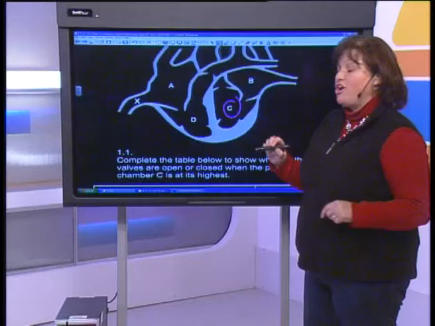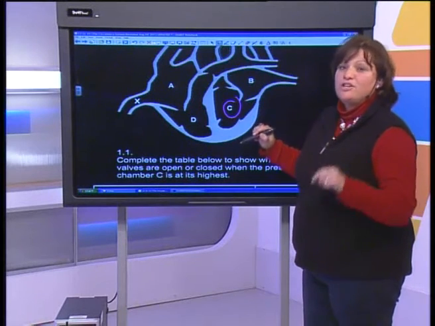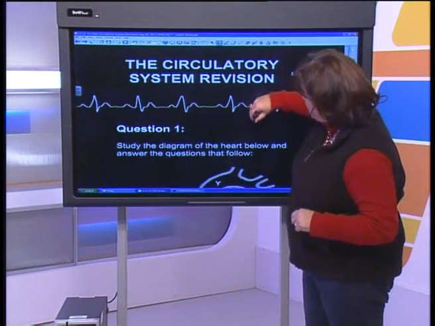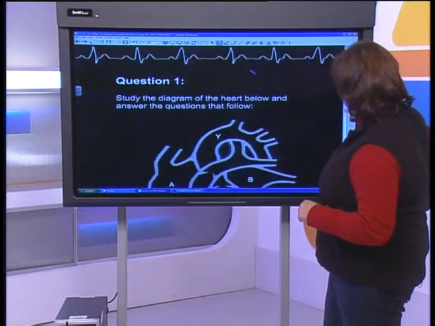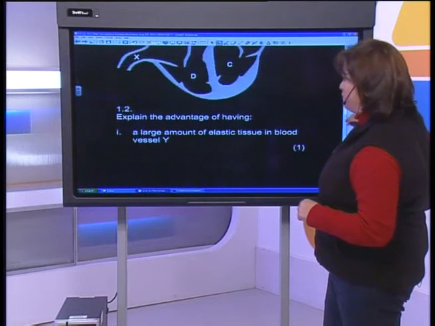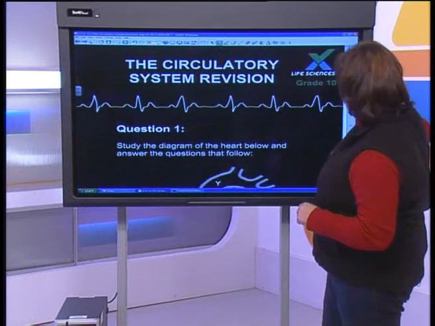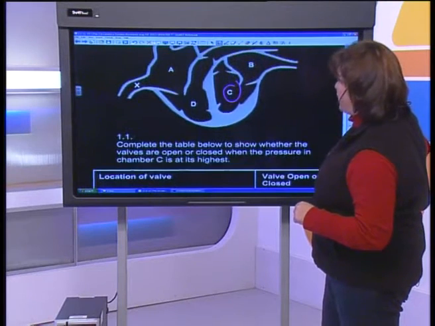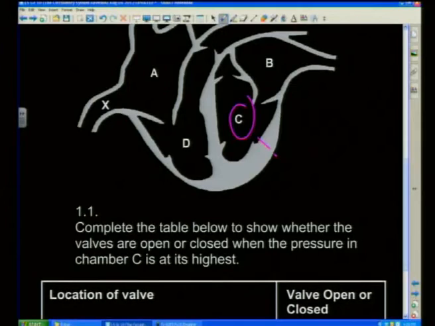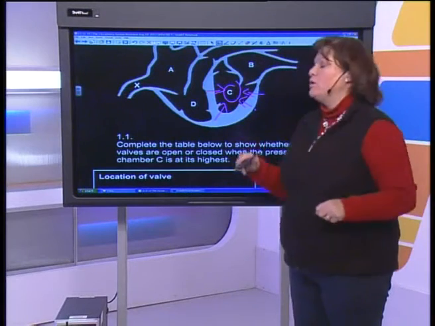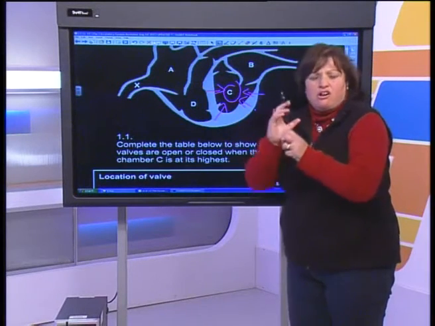It is on the left-hand side, so we know that if it's under pressure, sorry, let me just go back there for you quickly. Let's go back one. So if we are under pressure, what are we having? We have ventricular systole. So the walls of the heart, remember the left side is much thicker because it has to pump more, are contracting,